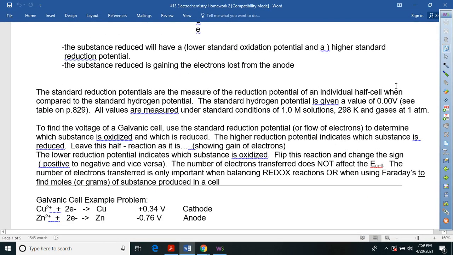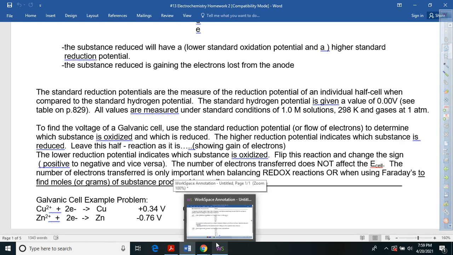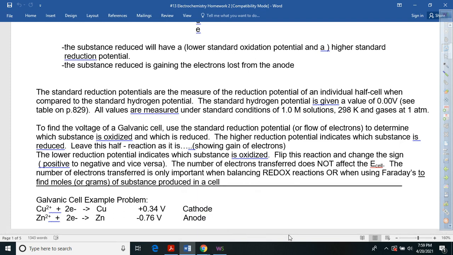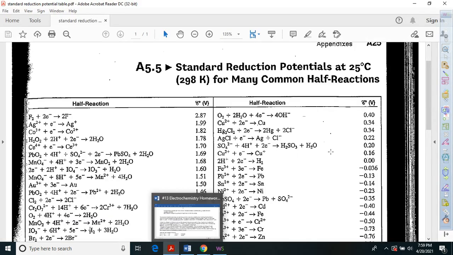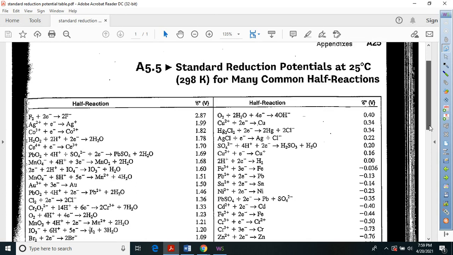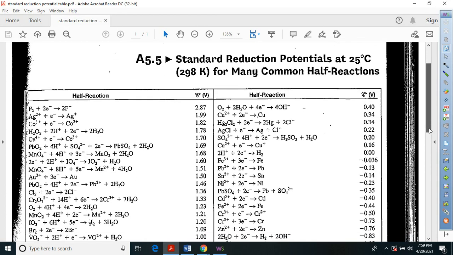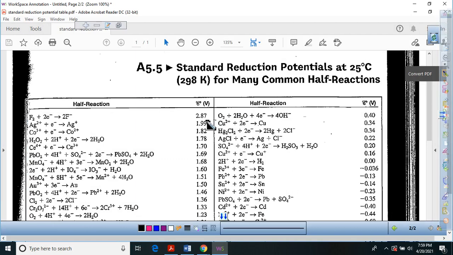Okay. So when we're looking at a battery, we have what's called a cell potential that will help us determine which metal is going to gain or lose electrons. And so you're going to need a copy of a reduction potential table like this. This is just one of them that you might have to refer to. And when you have a reduction potential table like this, the higher the value